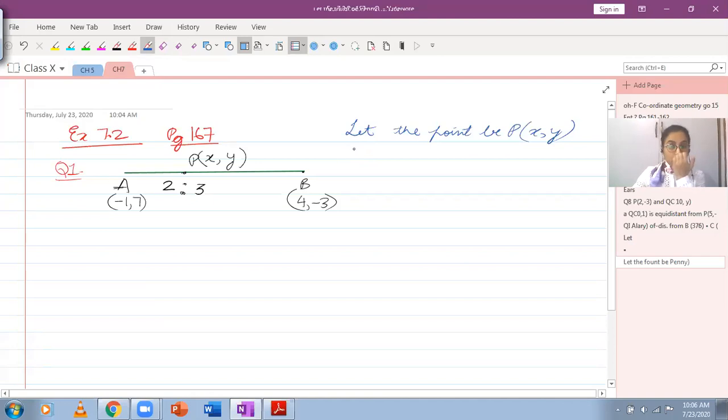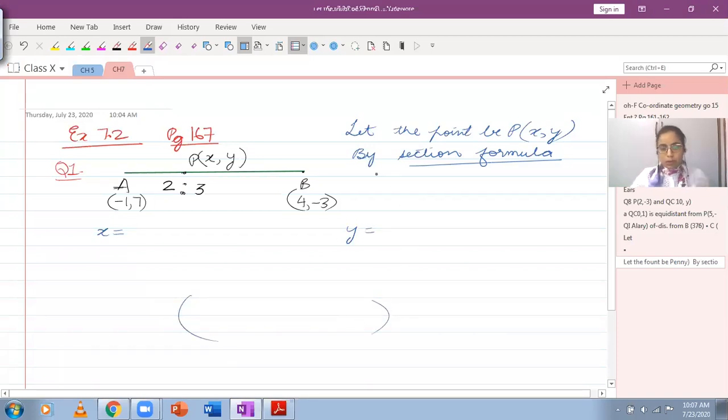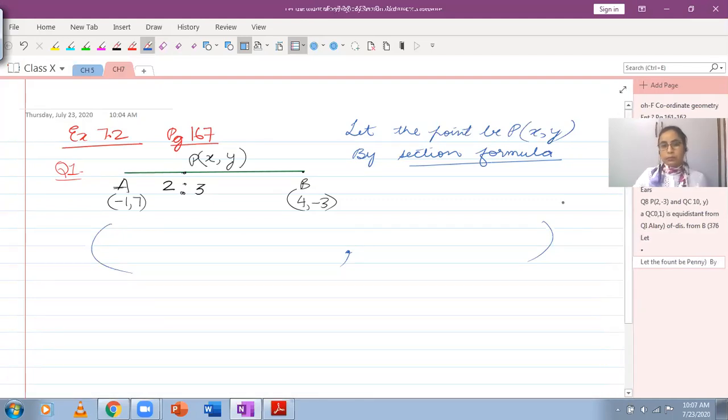So the section formula. Now before you note down, you can find the answer one by one. Means first you can find X and then you can find Y and eventually you can give your answer. You can do it this way, or you can find the answer together in a bracket. You can do it like that also. Let me know which you think is better. Should we do it one by one?